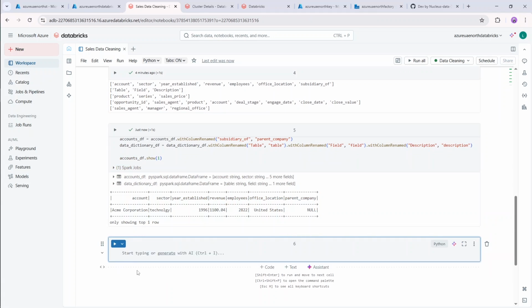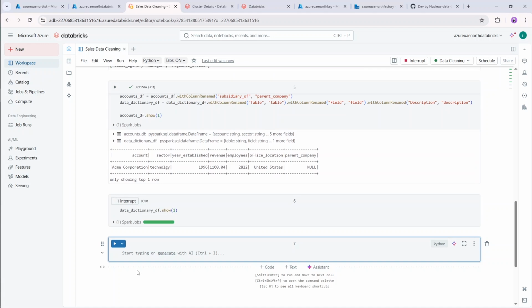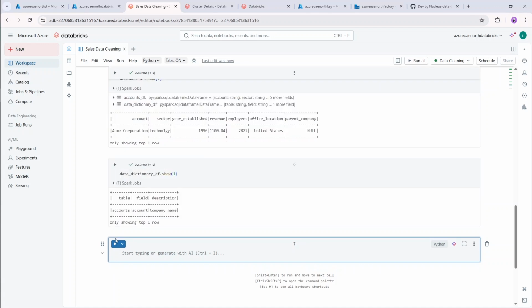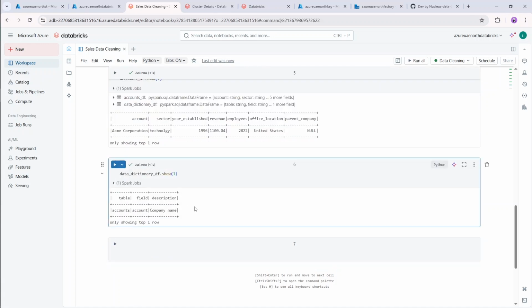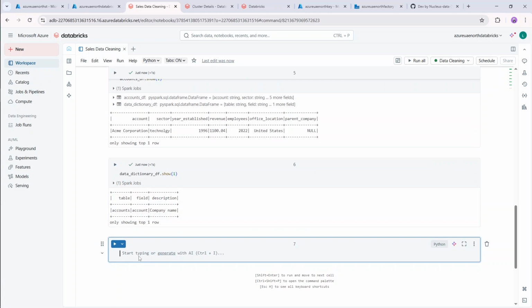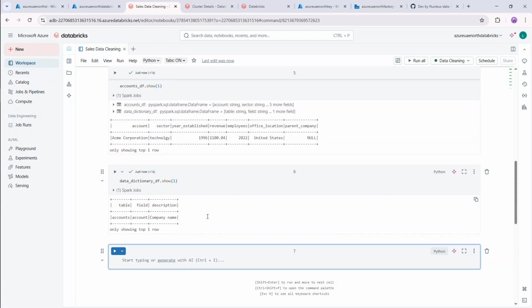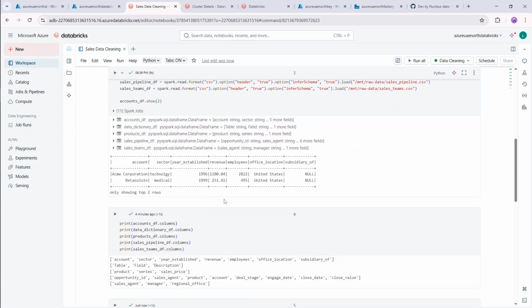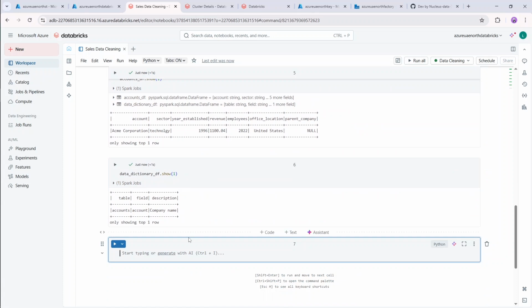And similarly if I say data dictionary dot show 1, you can see it's small characters now. Now what we will do is we will see if our table contains null values or not. So it will be null counts for